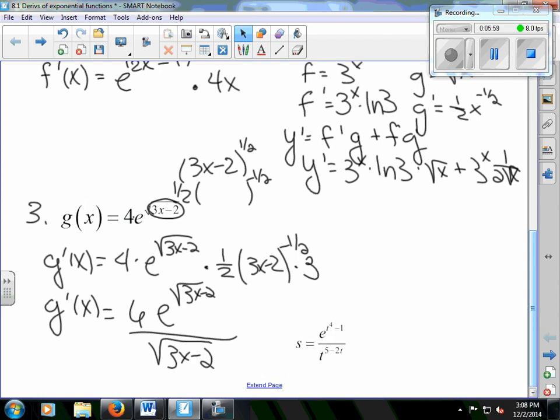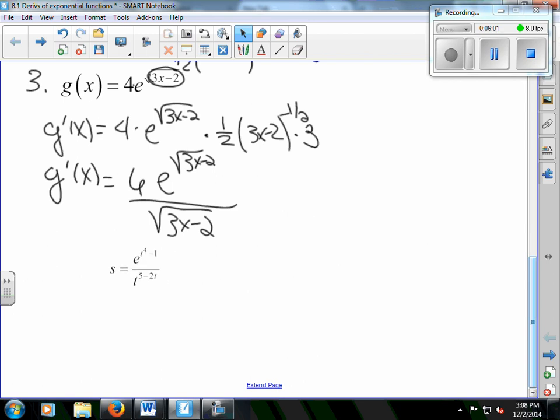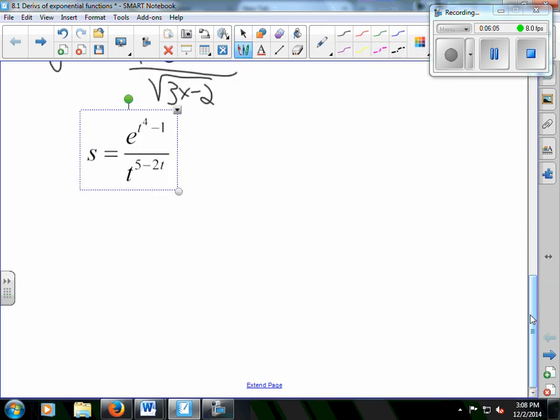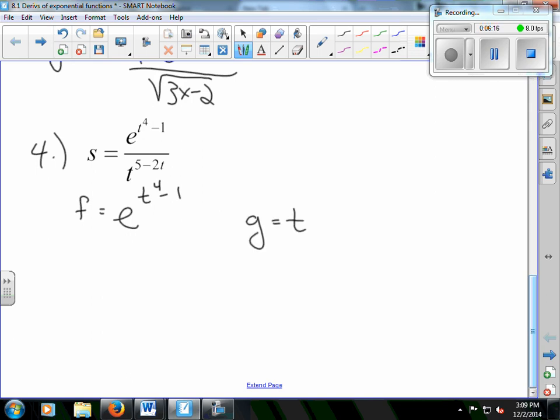Last example on this page, looks like I'm going to be using the quotient rule here. Okay, so I do have a quotient. My top is e to the t to the 4th minus 1, and my bottom is t to the 5 minus 2t. Is that what that says? Okay, so